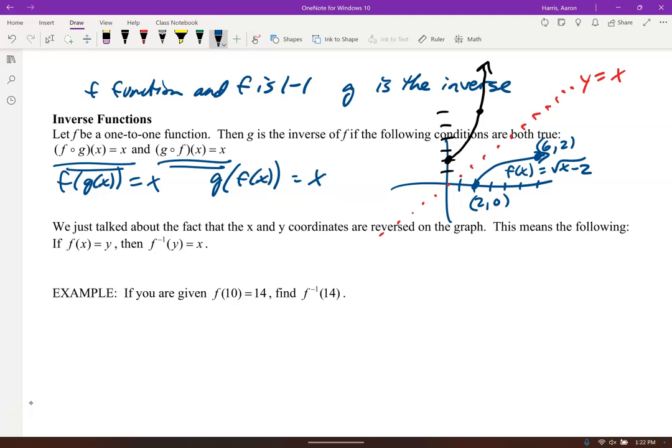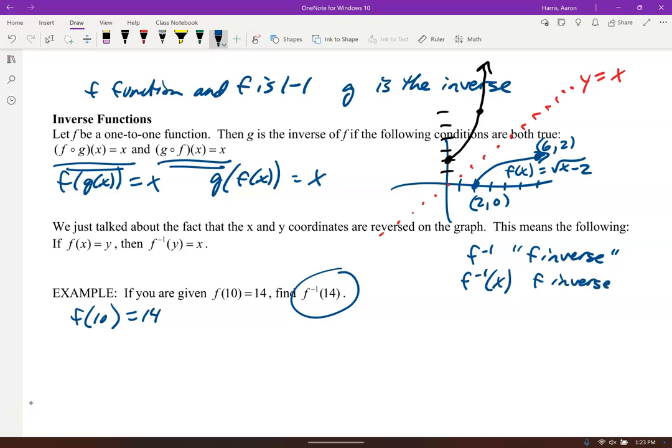So the points flip-flop, right? So let's look at this one. If f of 10 is 14, and I should say, what's this notation right here? We call g the inverse. That's f inverse. It doesn't have to be g. We're going to call it f inverse or f inverse of x. We've been using g up to this point, right? So that's f inverse. Well, if f of 10 equals 14, in other words, you have the point